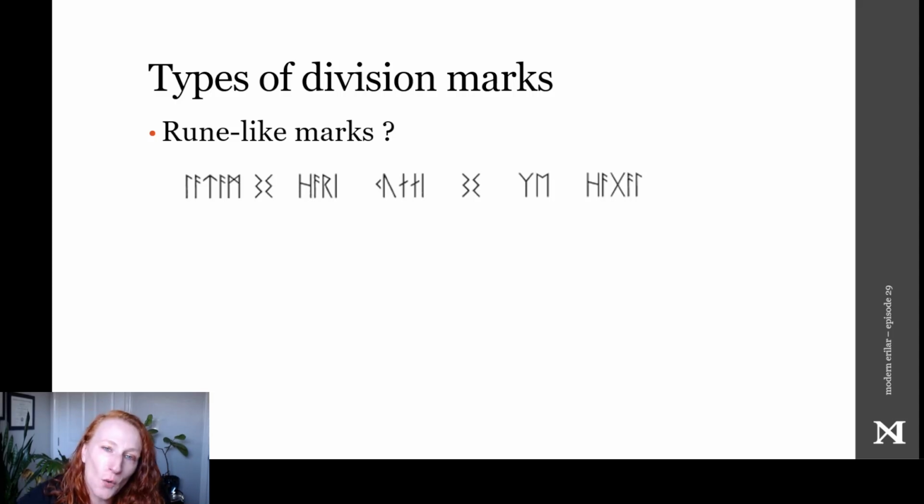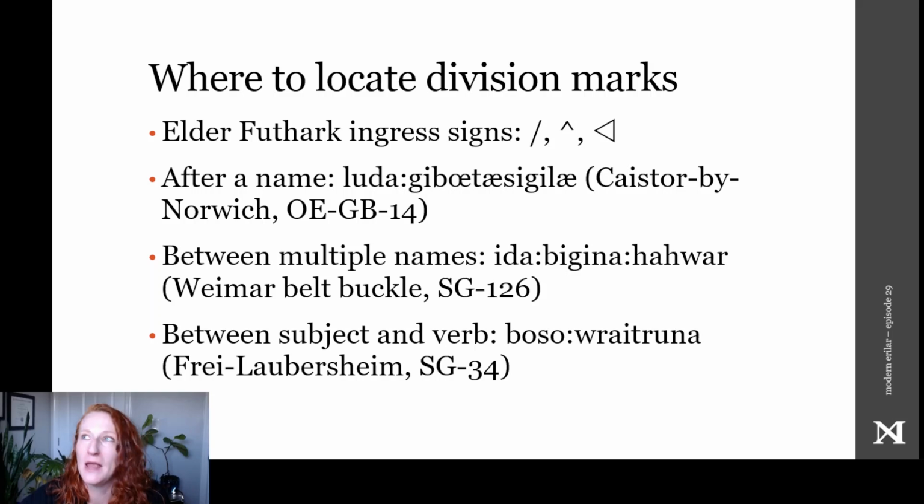So now that we know what word dividers historical rune writers have used, where in our text should we put these dividers? Well, that has a lot of variation as well. In a small number of Elder Futhark inscriptions, we see marks that may simply mark the beginning of the inscription, called ingress signs. On the Harford Farm brooch from Castor by Norwich from around 650 of the Common Era, and on a whalebone staff from Bernsteburen, this is a single slanting stroke.